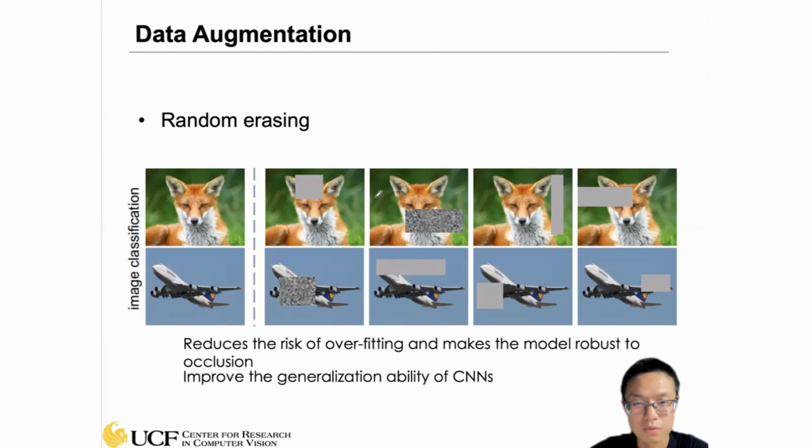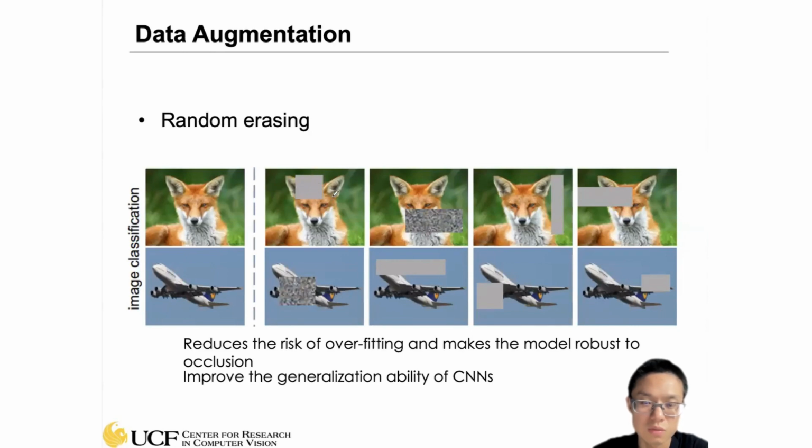So, but here you may be wondering, why is this useful? You erase some of the regions in the image, why is this going to be helpful? Think about it: if I erase some of the very important characteristics of a specific object, let's say this is a fox image, and the most important characteristics to recognize this as a fox may be the nose or the ear. So if we